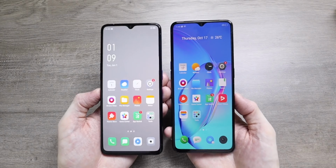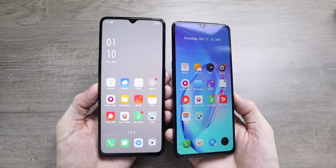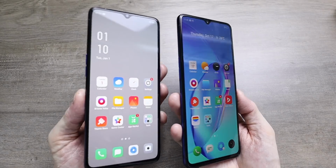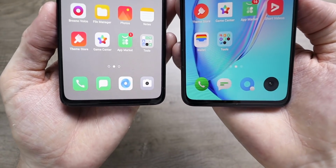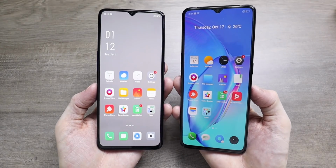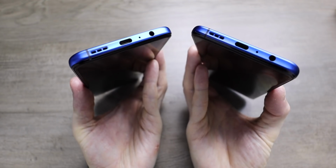Are there really any differences between this and the X2 Pro? Not that I can see. They actually appear to be virtually exactly the same phone, the same chassis, the same bezels, the same water drop notch. I would hazard a guess to say that they are even using the exact same 90 Hertz panel on this one. There are some differences in the other specs though, not least in the camera hardware department and also